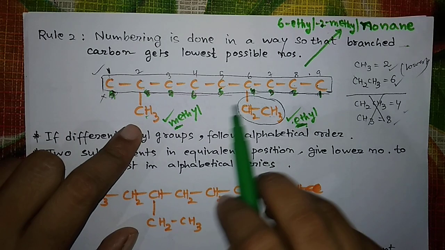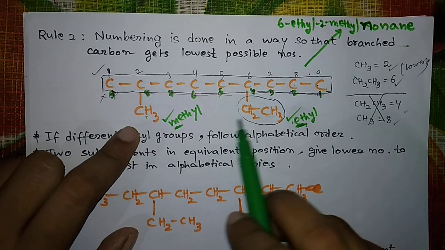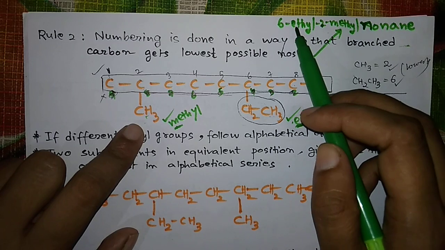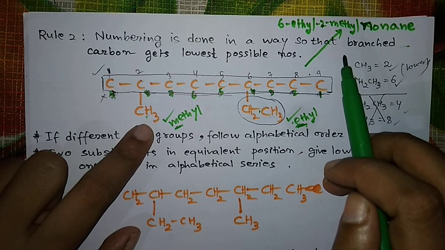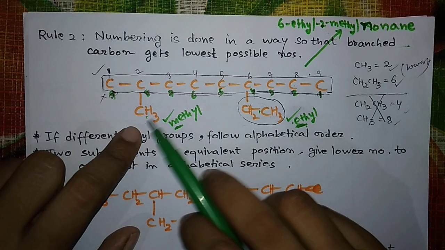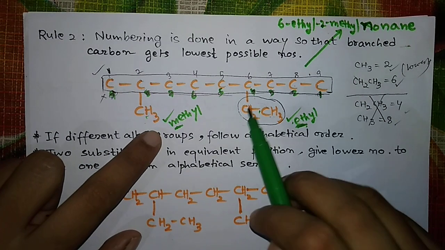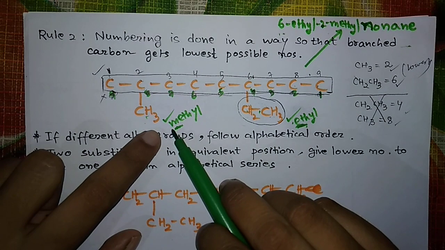So once you do the numbering, now you see कि how many substituents are there. So here I have seen 2 is there. So किसको पहले लिखेंगे? हमेशा substituent तो पहले ही होगा because this is the alkyl group and we have seen that alkyl groups are the secondary prefix, so it will come before the word root, right? So पहले देखा कि नंबर लेटर में E पहले आता है, that means ethyl we will write first and ethyl का number है 6, so we will write 6 ethyl